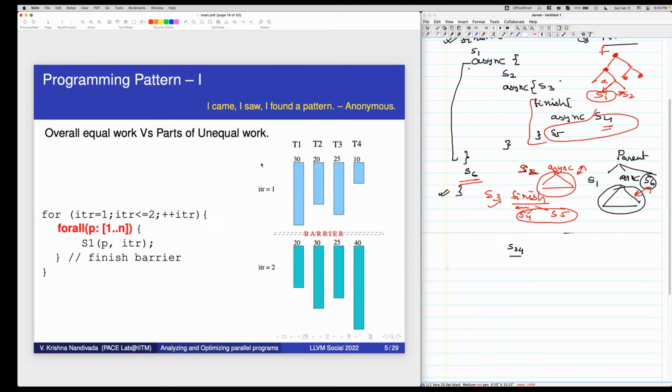Let's say I have a total of 4 threads. And like some of you asked, if I have n iterations, how will the threads share? Let's say the runtime somehow shares the work: maybe the first n by 4 iterations to Piyush, the second n by 4 to Pradeep, the next n by 4 to Prerna, and the next n by 4 to Rishi.